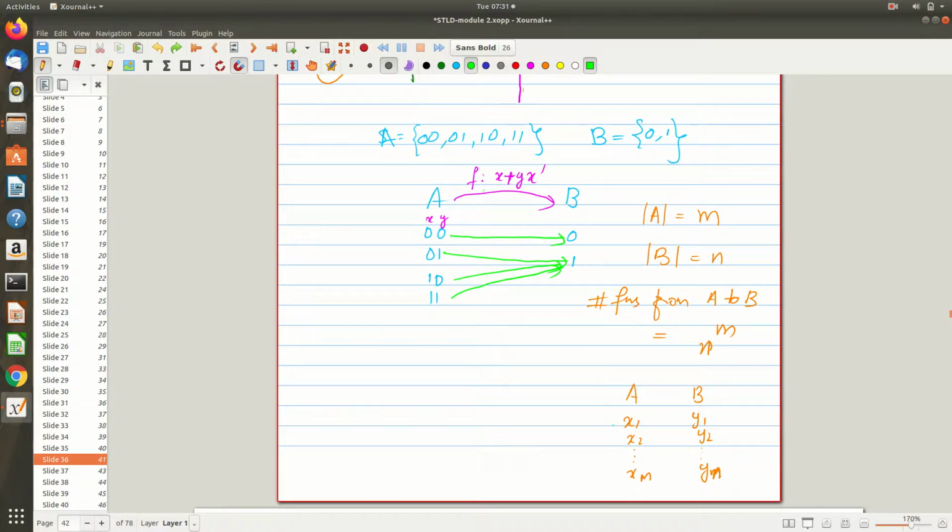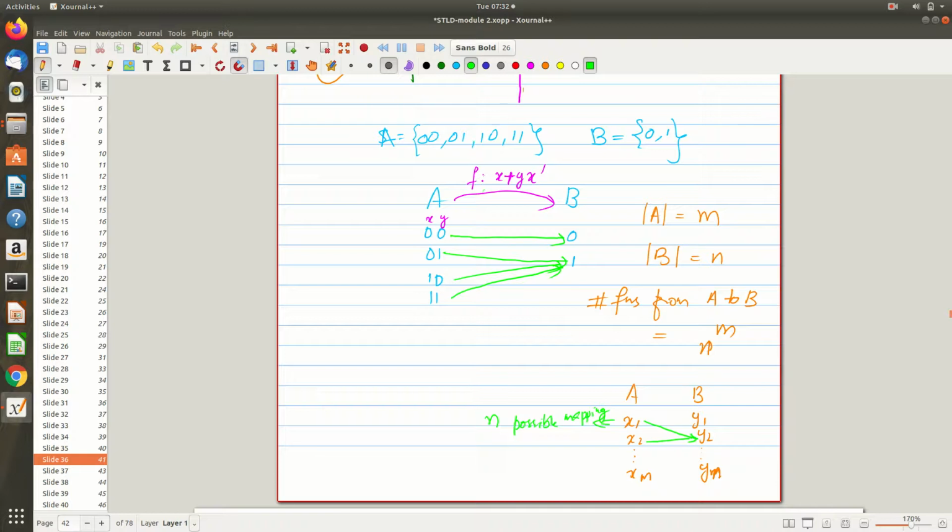So just by looking at x1, what we observed is there are n possible mappings for x1, and I will fix one of the mappings for the time being. Let me assume, randomly picking, y2 as a mapping for x1. Now the question is, how many choices are left for x2? How many possibilities are there for x2? x2 can be mapped with y1, right? Can I map x2 with y2 again? Is it allowed in a function?